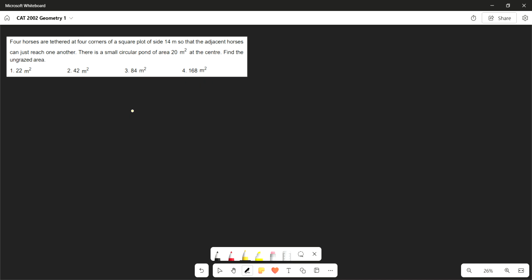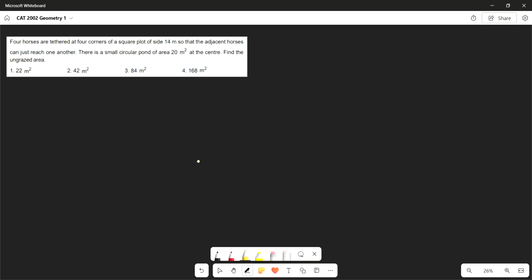Four horses are tethered at four corners of a square plot of side 14 meters so that the adjacent horses can just reach one another. There is a small circular pond of area 20 meters square at the center. Find the ungrazed area. Okay, so let me first draw the square and then I will explain to you the maximum